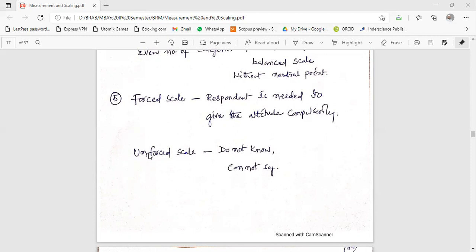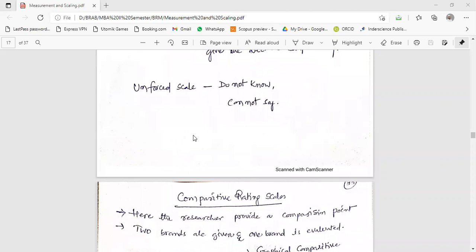It is not necessary that every respondent knows the answer to your question. Sometimes they do not know the answers. At that time you have to give options like: do not know, cannot say, not applicable. These kinds of options you also have to provide in the questions. Then it is a good one. If you are not providing them, then people may leave the question. They escape that question, and again it will be a problem for us in tabulating the responses. So that is why you have to be more careful when designing the measurement technique.